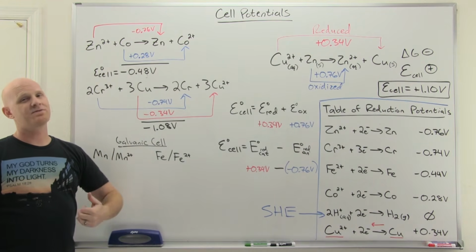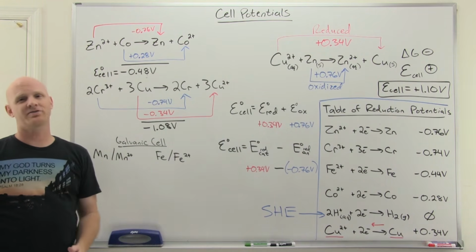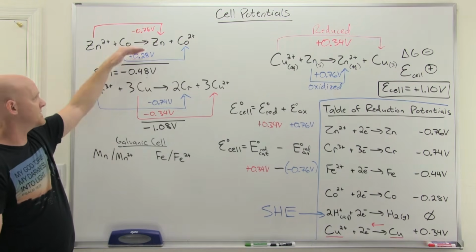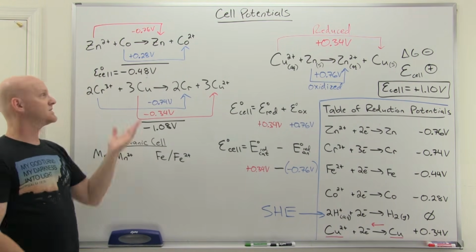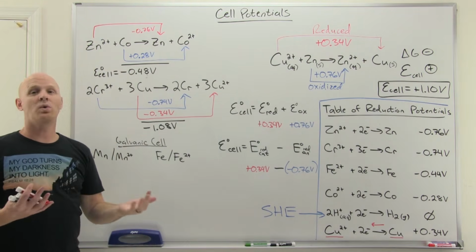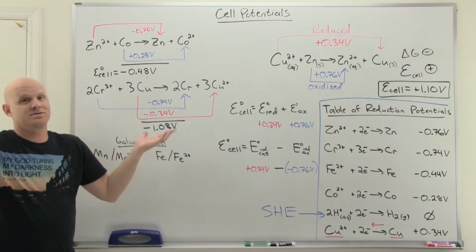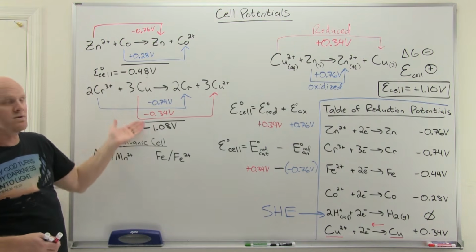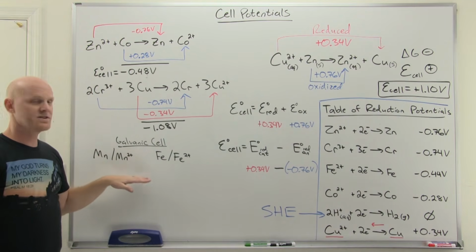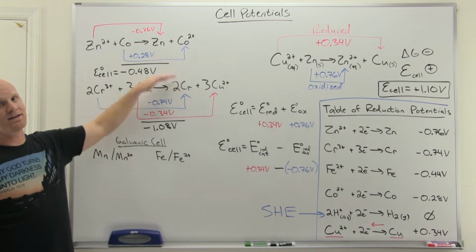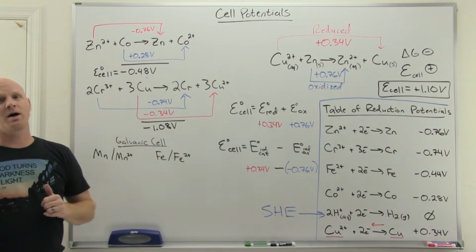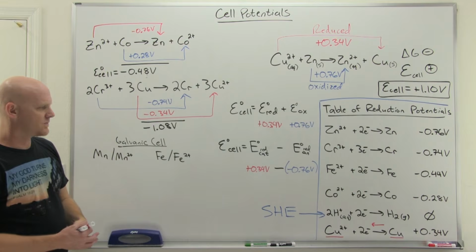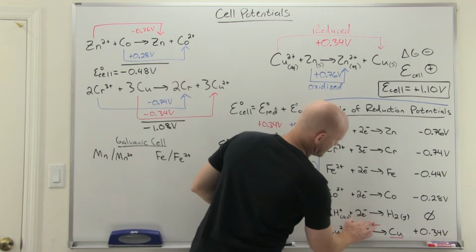And if I told you it's a galvanic cell, you know that the Ecell has to come out positive. Notice on these ones up here, I just gave you the balanced reaction. I never said galvanic cell, I just said get me a cell potential. Nothing told you it had to come out positive or negative, you just go with whatever it came out as. And these just both happen to come out negative. But on this one, I didn't give you a balanced reaction, but I told you whichever way you work this, you better come out with a positive Ecell. And so if we look at the two half reactions we have in this one now,